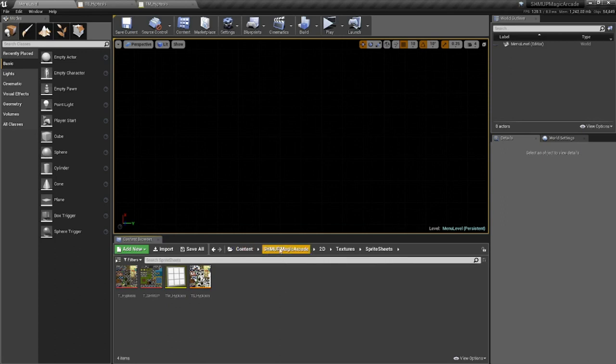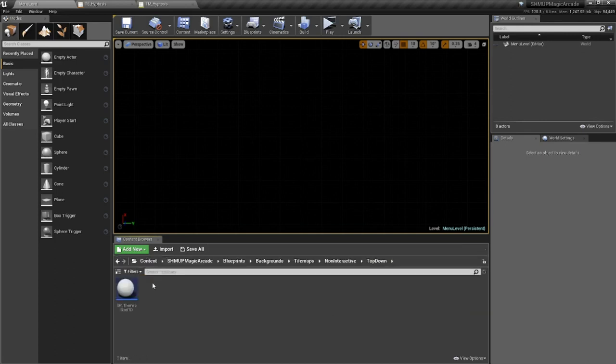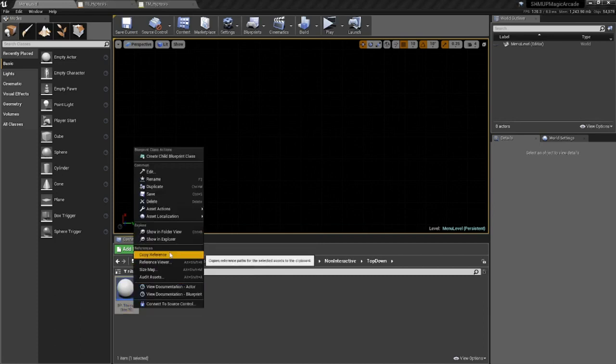Now, let's build a background for it. You just go to your blueprints, backgrounds, tile maps, non-interactive, and top down. Let's just duplicate this one.